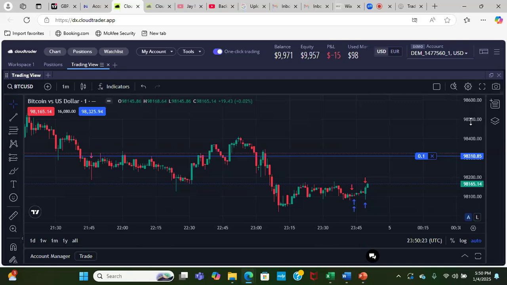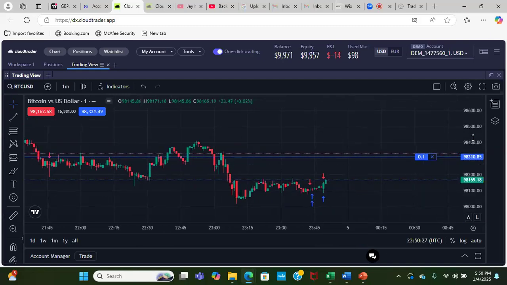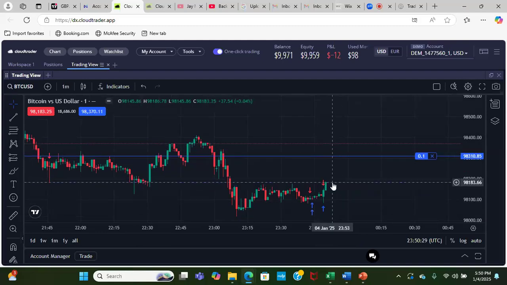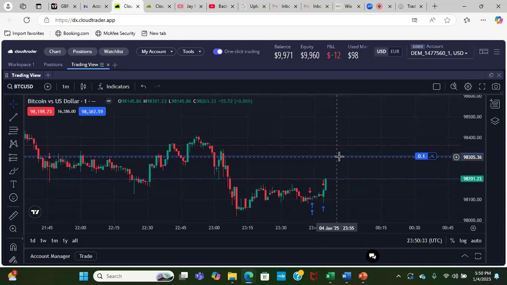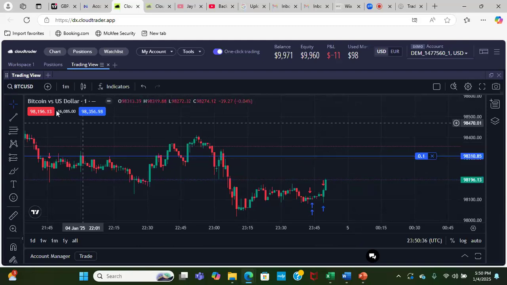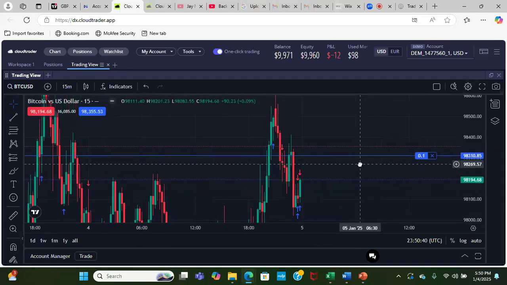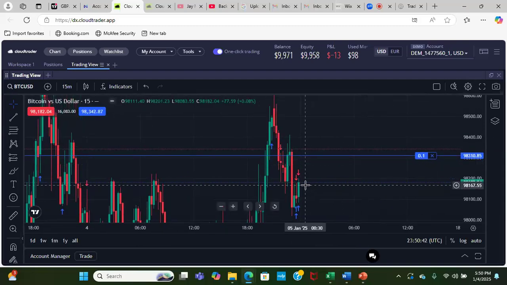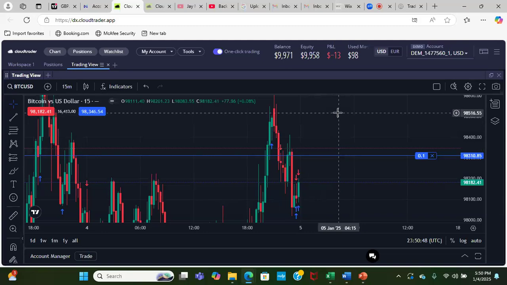So having the spread on there is important for me because if I'm in a buy, I know that this line, when it actually crosses over this, that's when I'm actually entering the trade. Okay. So let me put it on the 15-minute. So if I just got into a Bitcoin trade, I won't be in profit because of the spread, right? This blue line has to cross this blue line for me to actually make profit.